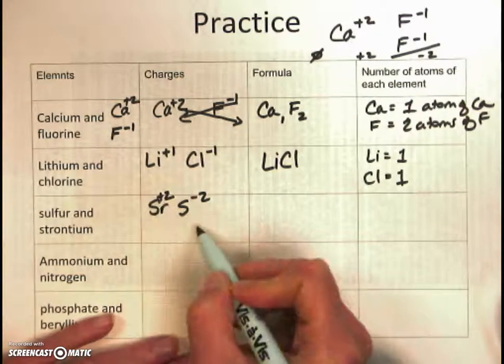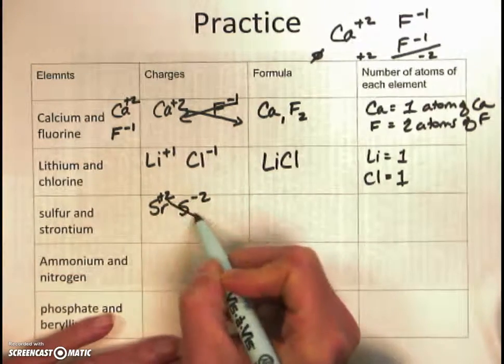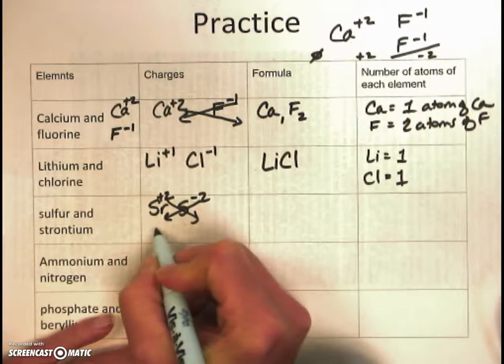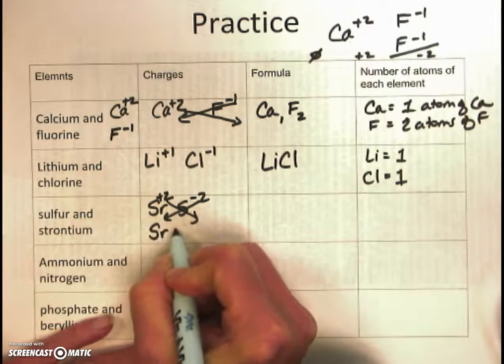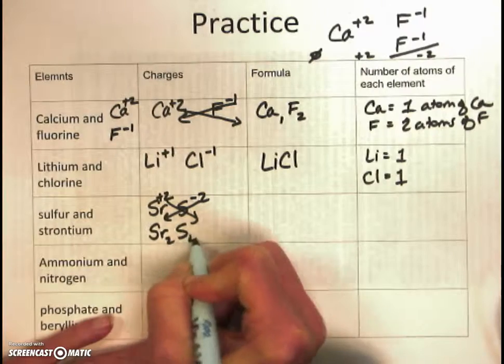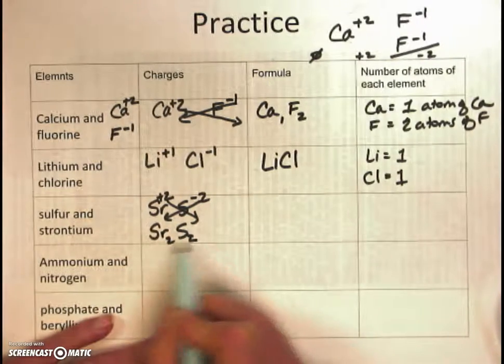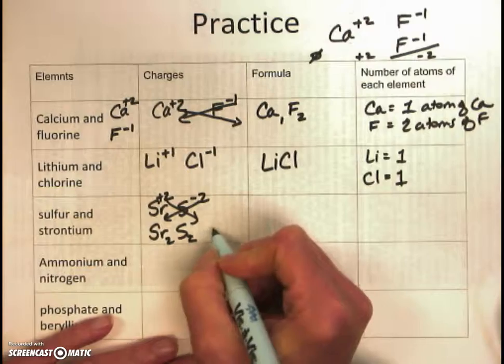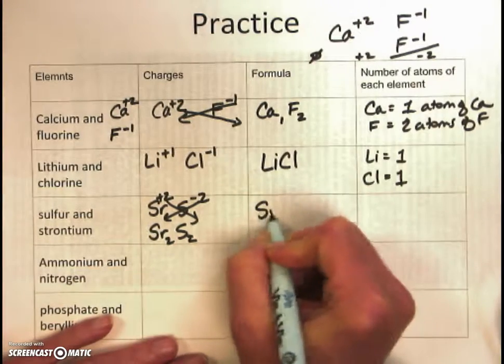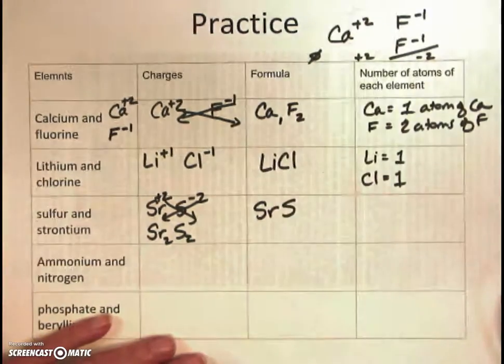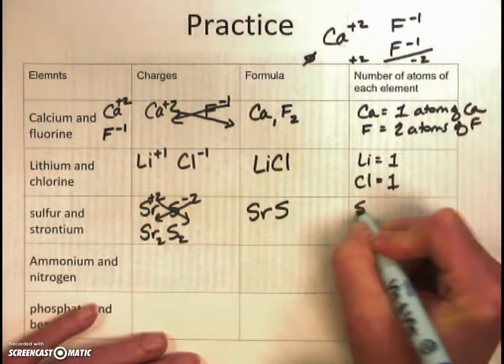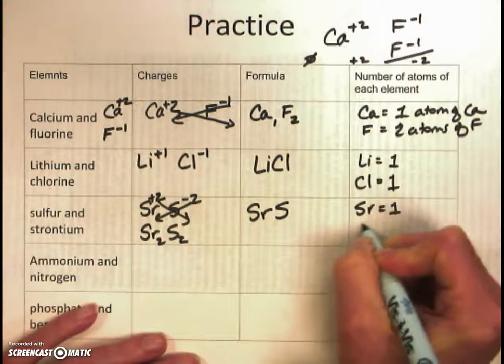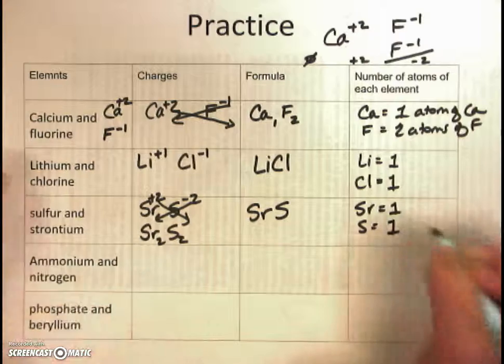You could cross the charges so it's Sr2S2, but you don't need to keep it like that. You want to reduce it to the lowest terms, so it's going to be SrS. So for every strontium, there is 1